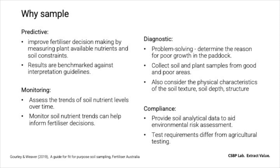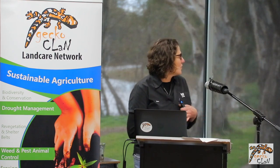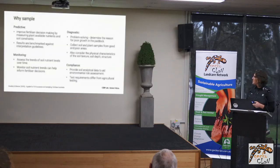This is from the guide. So your predictive is we're benchmarking those results against interpretation guidelines. With your monitoring, do people do monitoring tests at all, that sort of stuff? The diagnostics is you're collecting your poor